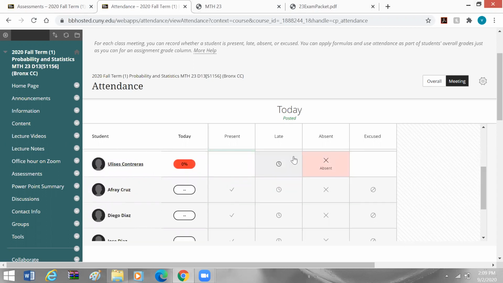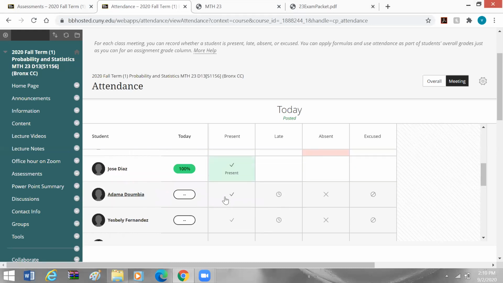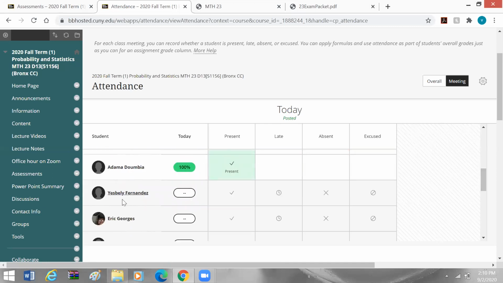Afri. Okay, absent. Diaz. Diego. We don't see that person. Jose Diaz. Yeah, I'm here. All right, fantastic, sir. Amander. Yes, it's Adam. I apologize, that's not Adam. Adam, I apologize for that. Barely. Fernandez. Sir?